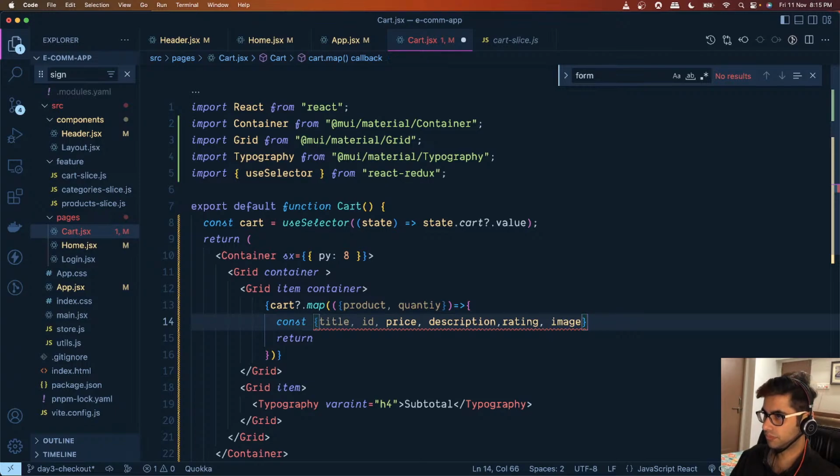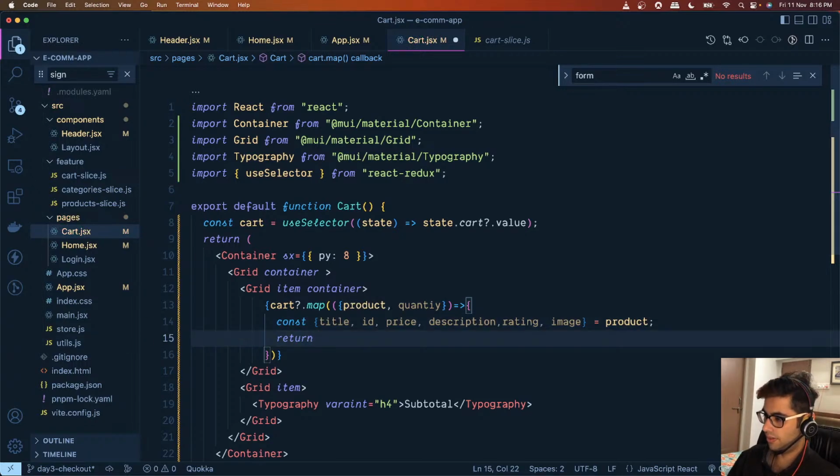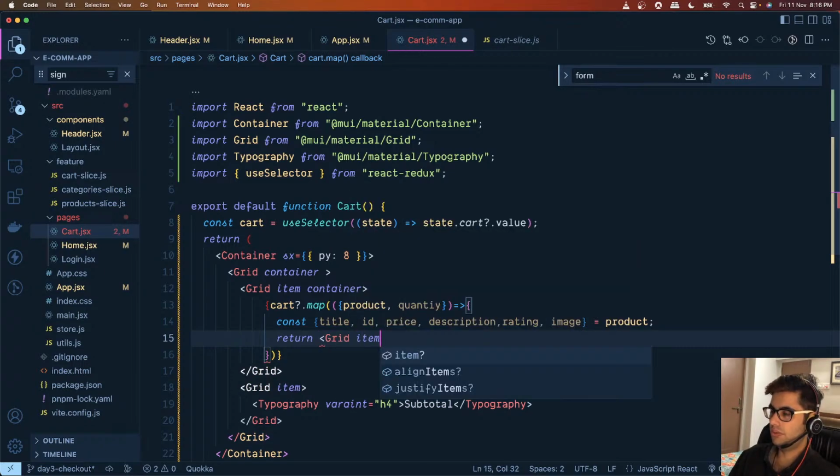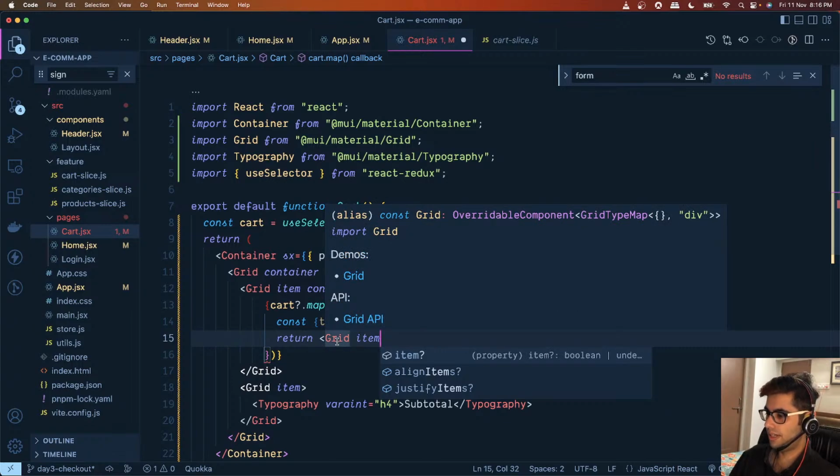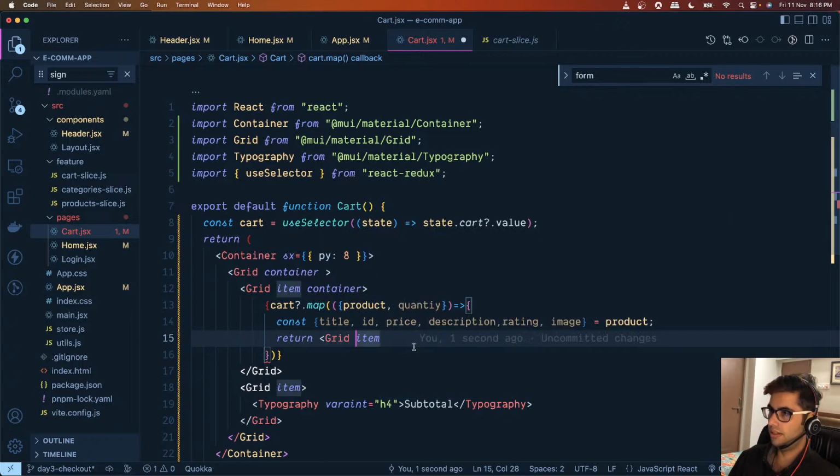Okay, all of this we are getting from the product. And here we will specify that we have a grid which is an item basically, and here we'll specify a key as the product ID, and within this